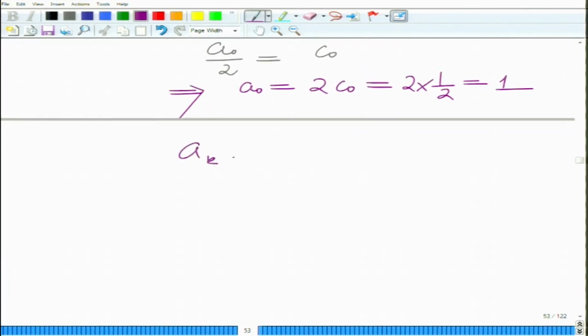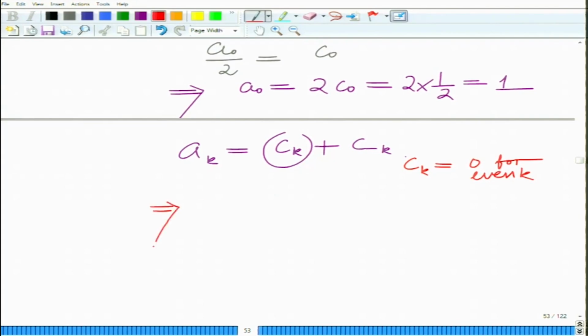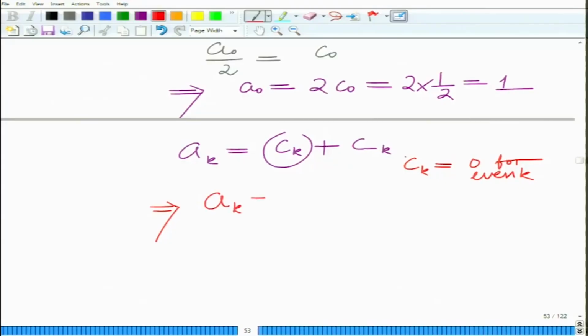Further, we have the coefficient of cosine k omega naught t given as a k equals, we know, c k plus c minus k. Now, we know c k equals 0 for even k, which implies a k, which is c k plus c minus k, is also therefore 0 if k is even, because both c k and c minus k are 0 for even k. Okay. So, a k equals 0 if k is even, since both c k and c minus k are 0, and if k is odd,